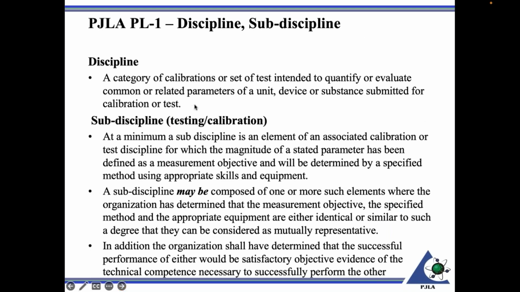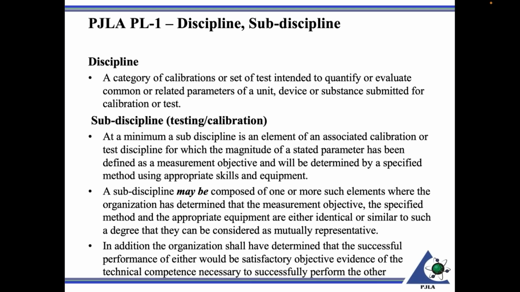Now, you say, well, all of this is kind of as clear as mud, but what is it that PJLA is going to be looking at? Well, again, we have to operate within the framework of ISO 17011 and the appropriate documents that govern the program, whether it's testing and calibration, or proficiency test provider, or reference material producer, and the like. And then you say, well, how do we construct a proficiency test justification based on our scope, and it's very scope dependent, and other features that affect those particular items on your scope. So what we